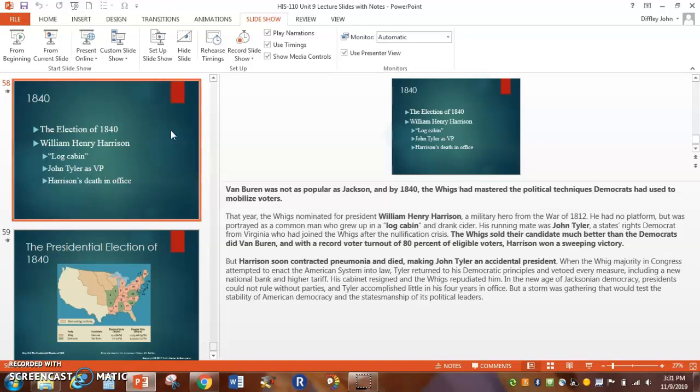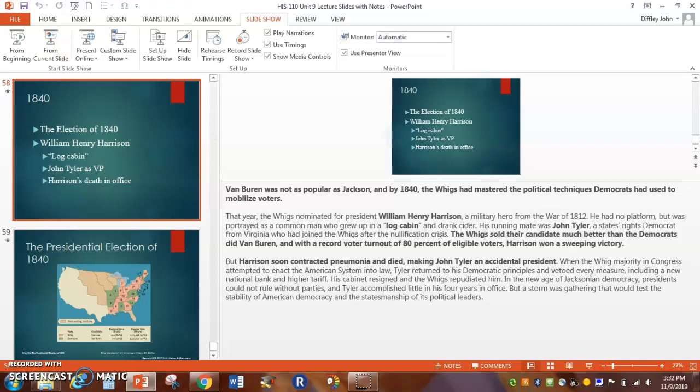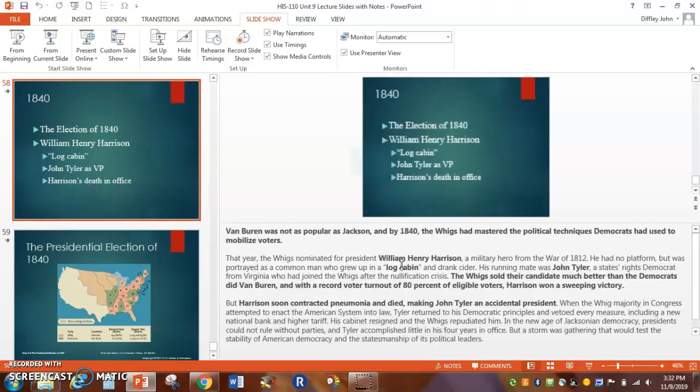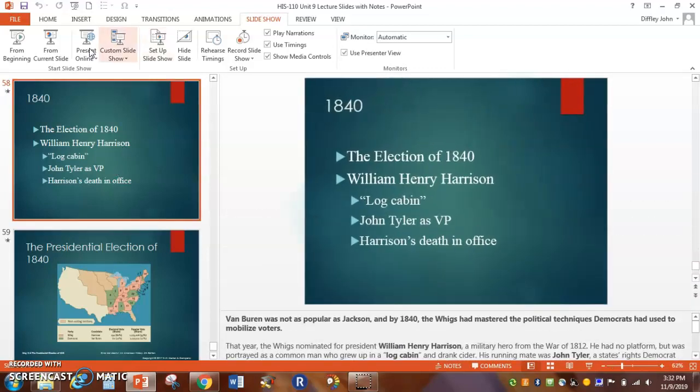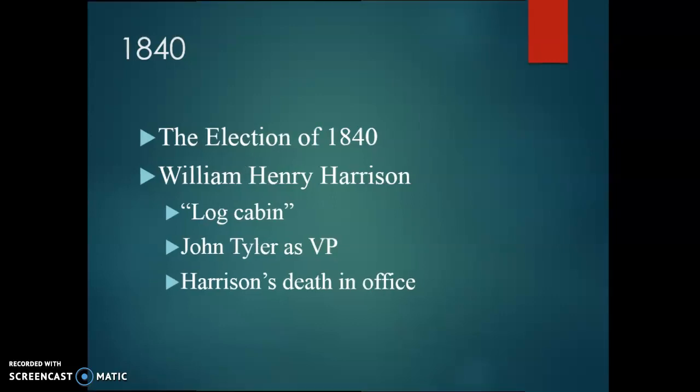We're just about at the end here. Eventually, you're going to have the election of 1840, and you're going to get William Henry Harrison. Harrison's the log cabin candidate. This is the sense that it tries to play up his common man image, right? He drank cider. He grew up in a log cabin, like regular people. That's the idea. John Tyler becomes his VP. What's interesting here, what we need to know about William Henry Harrison, is he dies real quickly in office, and Tyler becomes vice president. He gets just pneumonia.